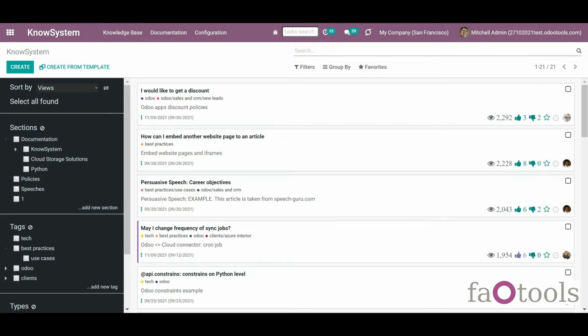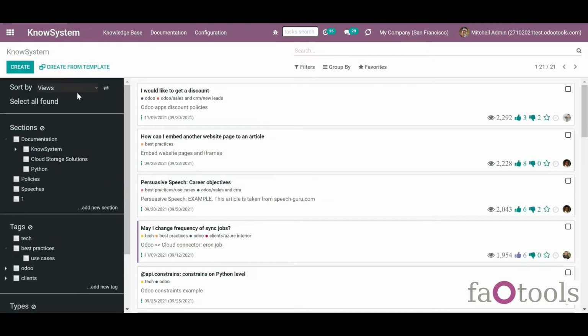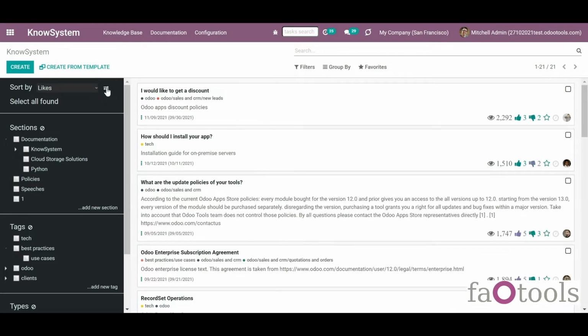Now let's start with the innovative single view interface, which consists of three parts. The left navigation panel provides you with the opportunity to sort articles according to various criteria. Select all found articles, manage sections, tags, types, and learning tours. You can sort articles by views, likes, title, create date, write date, section, and author. If you click on the arrow icon on the right side of the sorting criteria, then the sorting will be